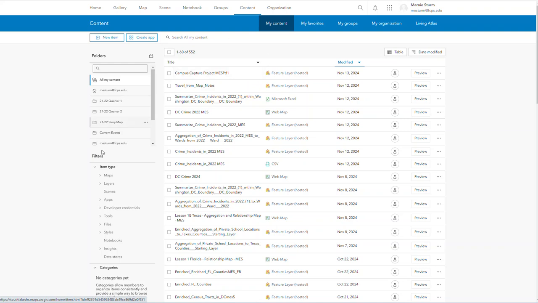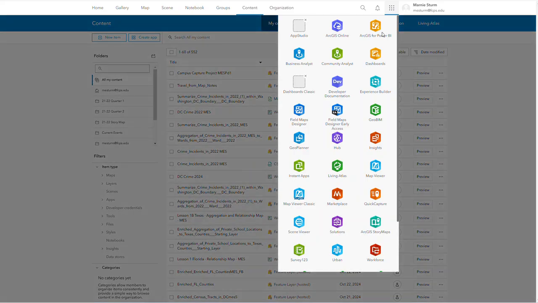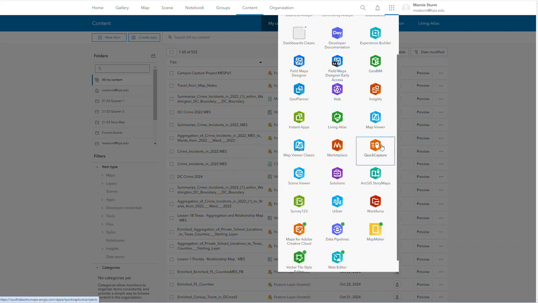So the way we do that, I'm in my content here. I go to the waffle and I want to find Quick Capture. So it looks just like the app icon. I open my Quick Capture